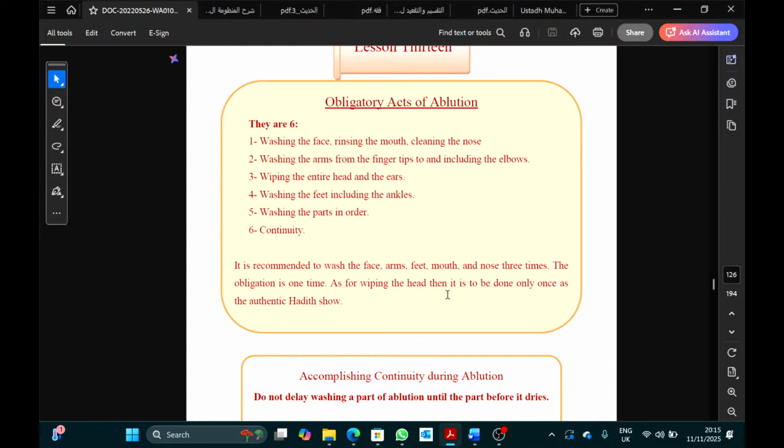Okay? So that shows washing the hands in the beginning is sunnah. فَاغْسِلُوا وُجُوهَكُمْ. We're going to talk about exactly how much of the face, but let me just explain the ayah. وَأَيْدِيَكُمْ إِلَى الْمَرَافِقِ, and your hands until your elbows. وَامْسَحُوا بِرُؤُوسِكُمْ, wipe your heads. وَأَرْجُلَكُمْ إِلَى الْكَعْبَيْنِ, and wash your feet until your ankles.